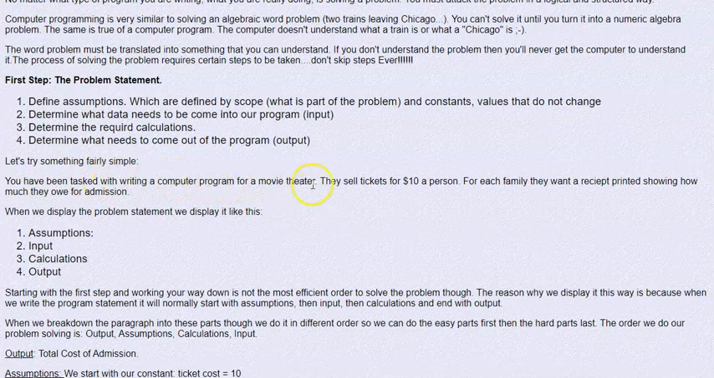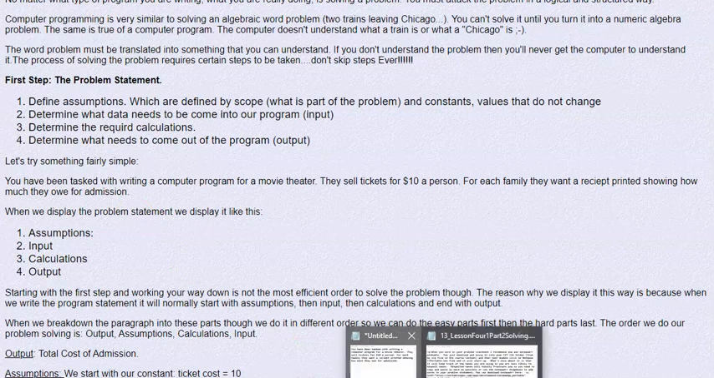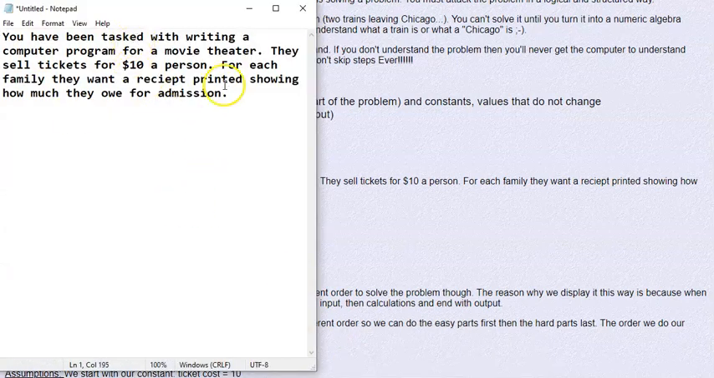You've been tasked to write a computer program for a movie theater. They sell tickets for $10 a person. For each family, they want a receipt showing how much they owe for admission. So we need to break that down. So here is the problem right here. And when we break it down and we want to put it into a format of a problem statement, what